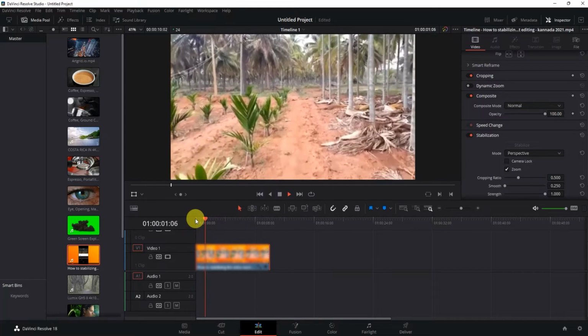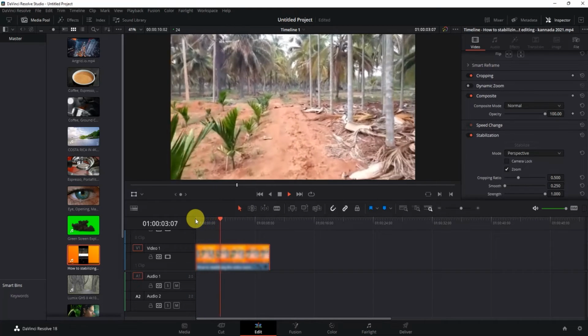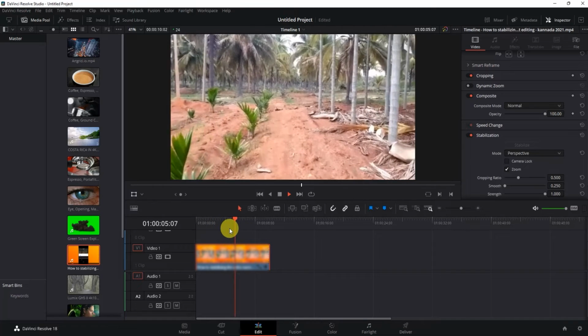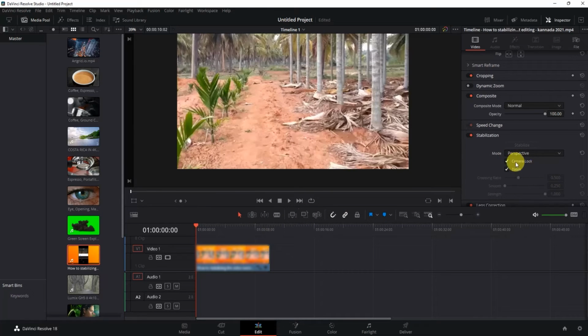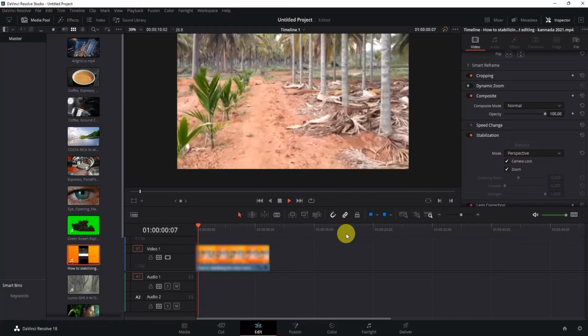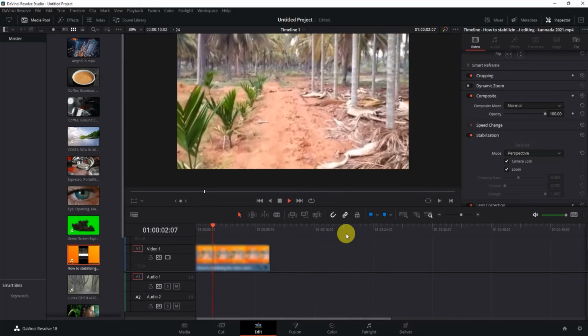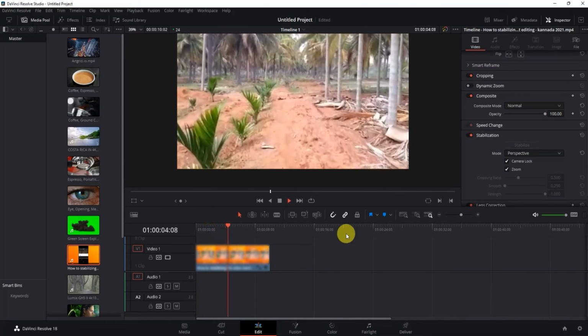So if I play this video now, you can see it's still very shaky. So what you can do to remove this shakiness is simply click on camera lock, then again click on stabilize. So after the camera lock setting, if I play this video, you can see there is no more shaking in the video. So that's it,